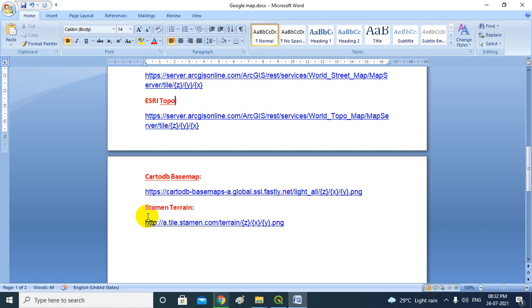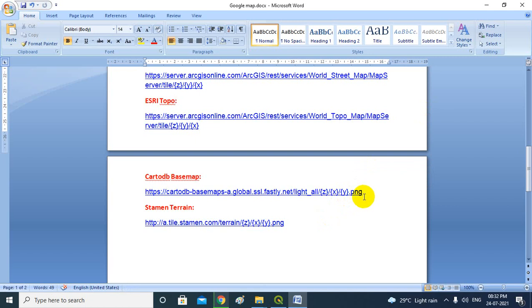Whenever you use such a URL, they basically provide you the entire global map by creating small square shaped tiles, and this tiled image format will be PNG by default.